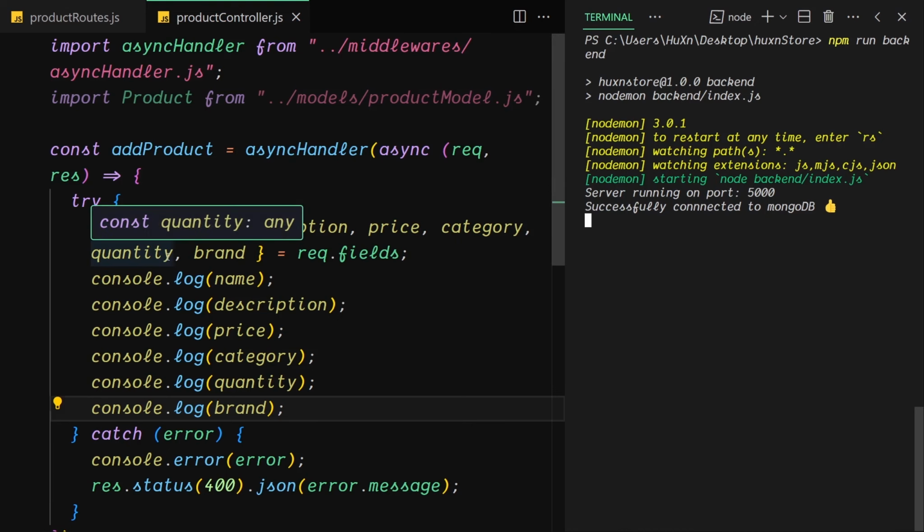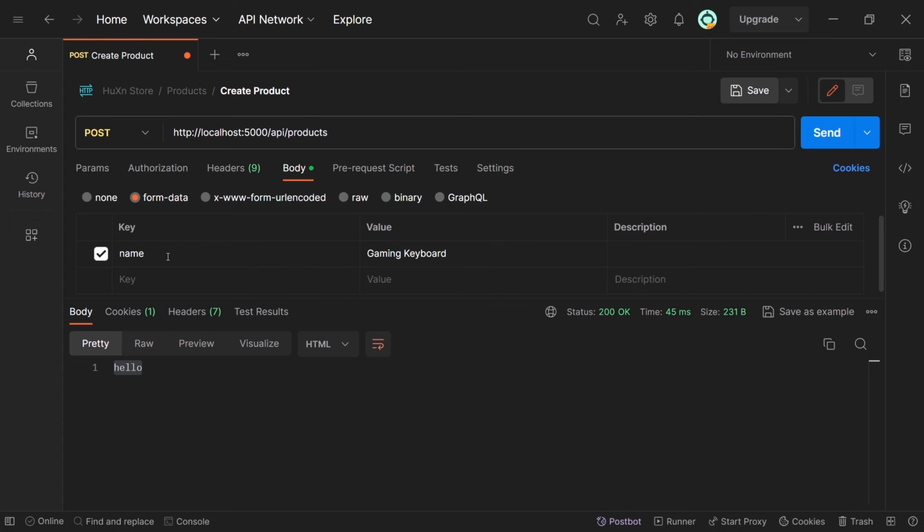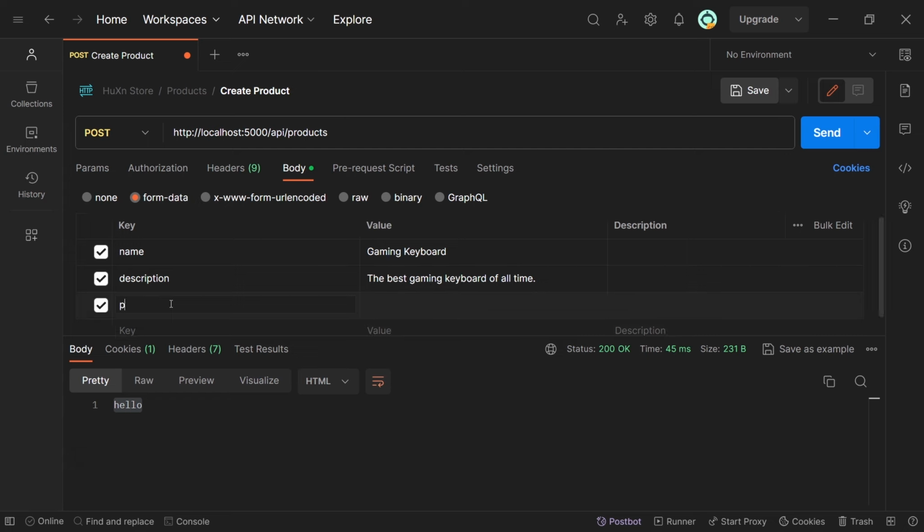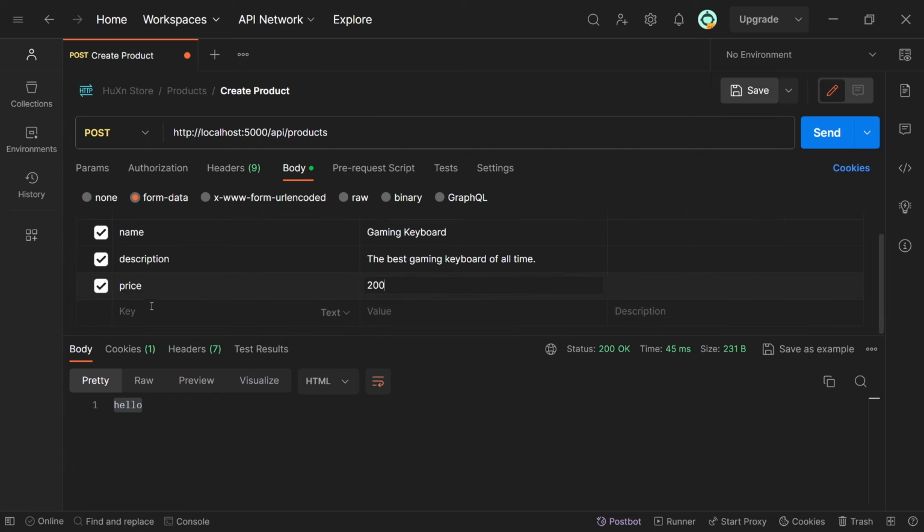And the next thing which you have to do is that we have to specify the description. So I'm gonna go ahead and provide a description right here, DESCRIPTION, and I'm gonna write the best gaming keyboard of all time or something like that. And the next thing which I want to do is that I also want to provide a price, and the price will be like $200 or something like that. And also the category,